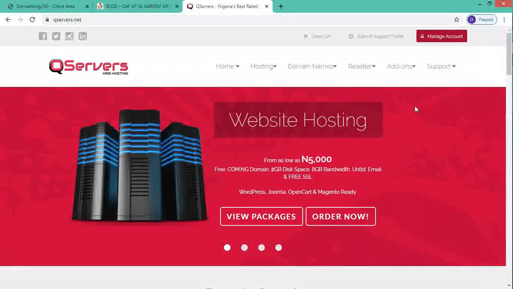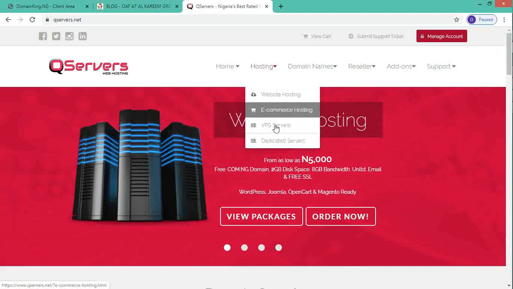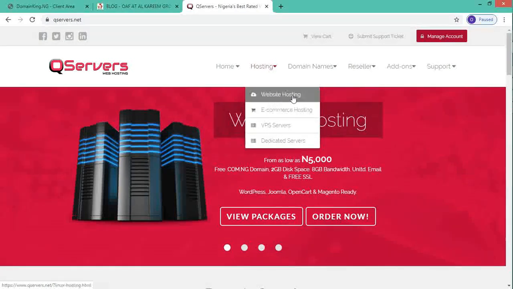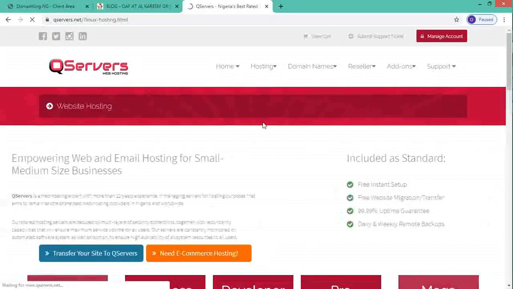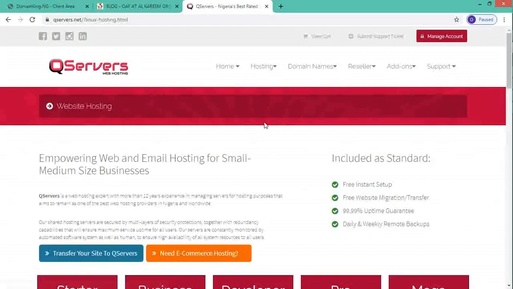So, Qservers. Let's check the hosting. We have web hosting, website hosting, which is shared hosting, e-commerce hosting, VPS servers, dedicated servers. I told you earlier that there are different types of web hosting, but I'm just going to talk about